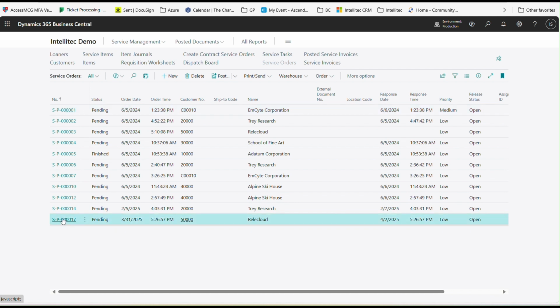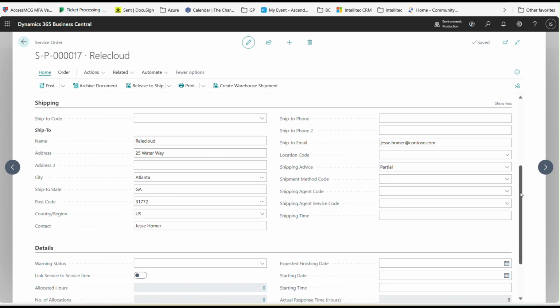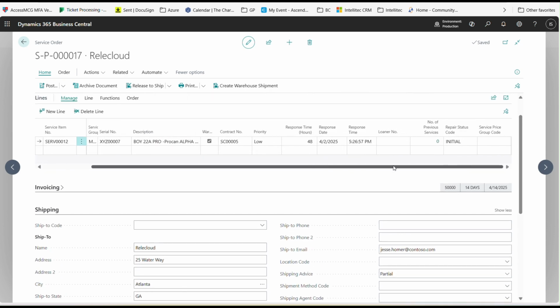So when I open it up, this is the document that we assign a resource to for our people to work on it. So again, it's this piece of equipment with this serial number for this customer. Notice on here we don't have,